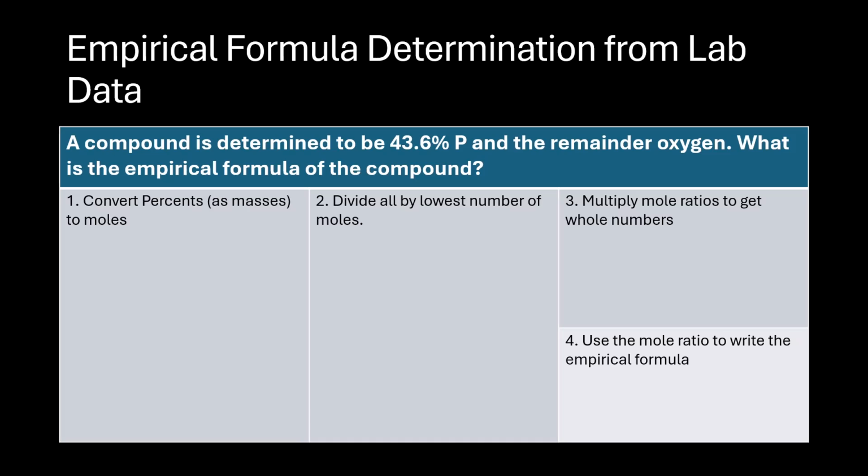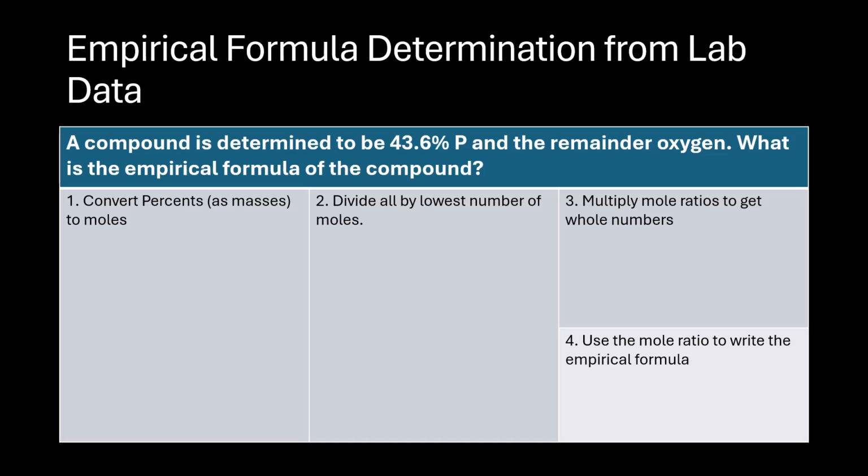So they could throw you a curveball and they could give you percents. So in this problem, we have to do one extra step, but it actually is not as hard as it's going to look originally. So a compound is determined to be 43.6% P and the remainder oxygen. What's the empirical formula of the compound? Well, first off, if we have